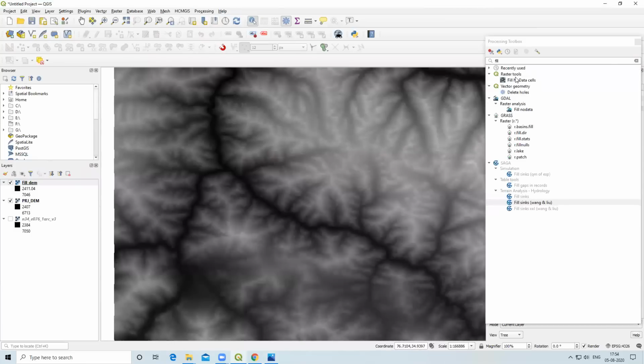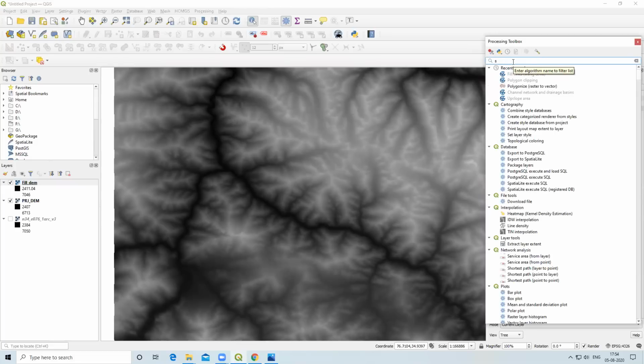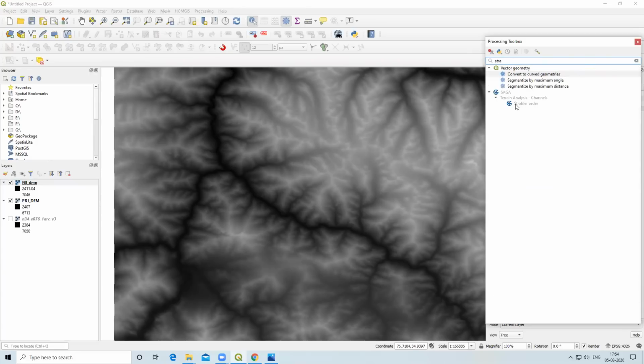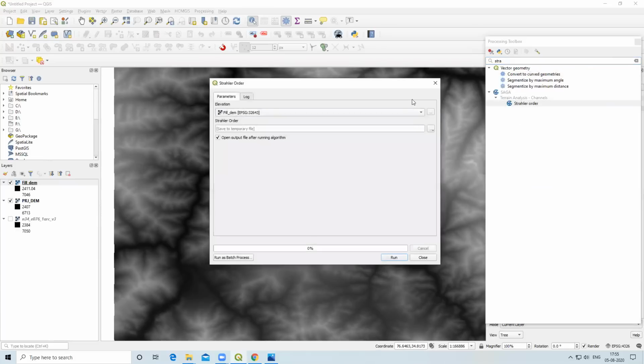So now I'm going to click on the processing tool. In search I will type Strahler's order. When I search here for Strahler, it will show me Strahler's order. In the terrain analysis tools, there is the Strahler's order option.